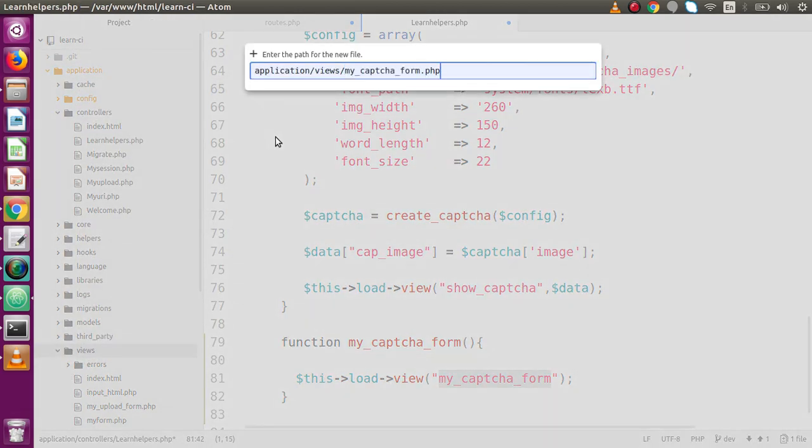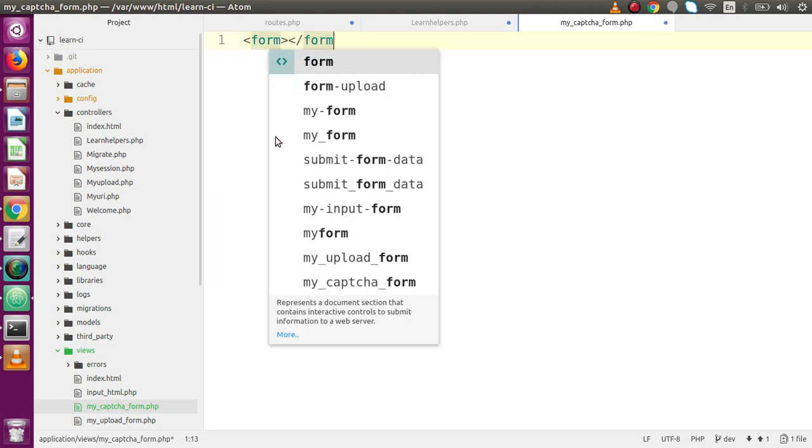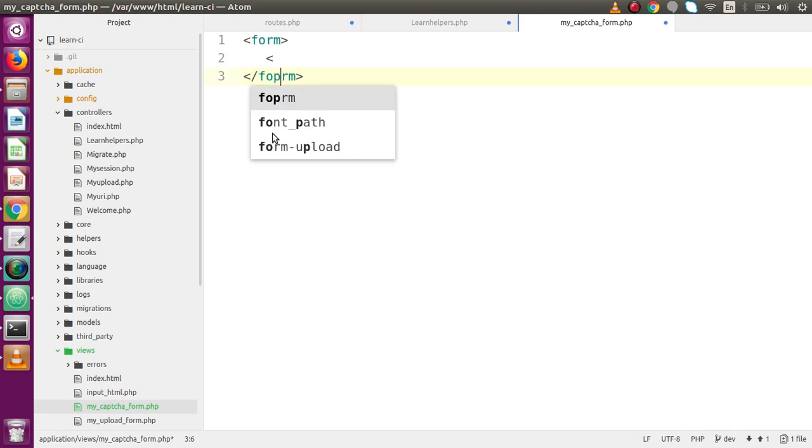This is the file.php. Now inside this file, I'm going to create a form tag. Inside this form tag, we want some input field elements like a text box where we are going to enter our Captcha value. Also, apart from taking the Captcha value, I want to add one more field to take the name value also. So let's say that this is a p tag,